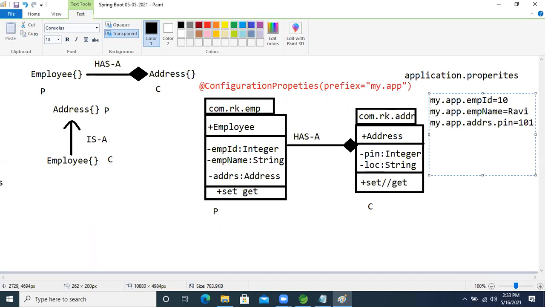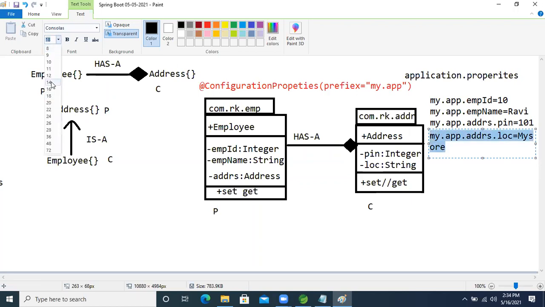Another one is again the address, so my.app.addrs, now inside that association class, location. I'm just taking the location as Mysore, like this we will write.